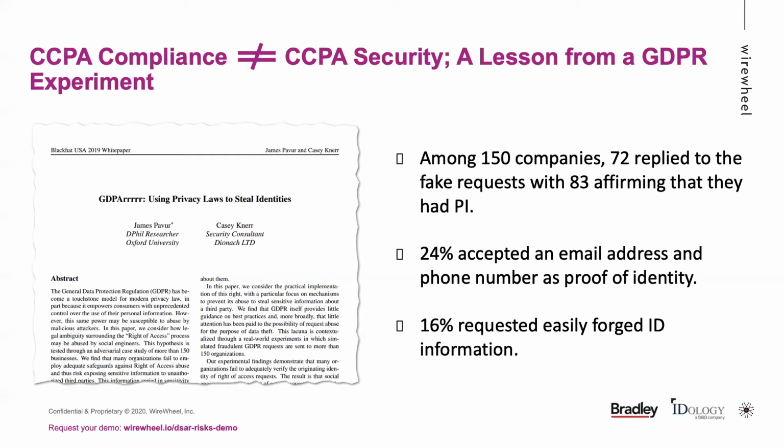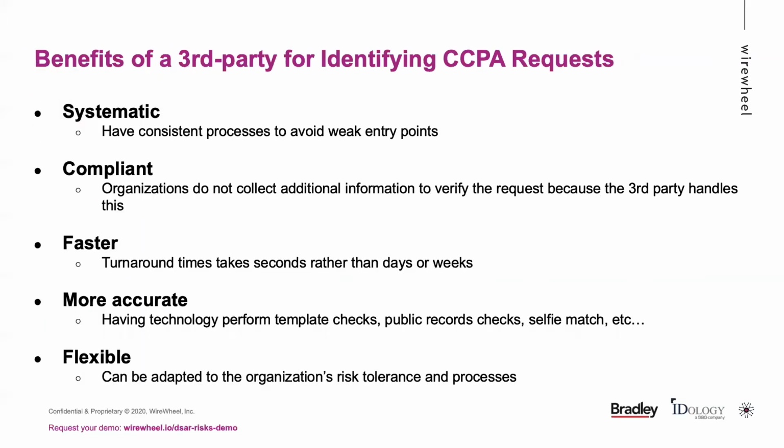Next slide. And so here are just some of the benefits of using a third party. What are you doing in a systematic way to approach the different weak entry points? Where Eric showed those two slides in the flow, where they've looked at all the permutations and the different risk vectors or fraud vectors that are there for fraudsters, what do you do to minimize those? It's also demonstrating compliance, that you're not collecting additional information beyond what you need in order to fulfill the requests. There's a faster turnaround through the processes that are there,